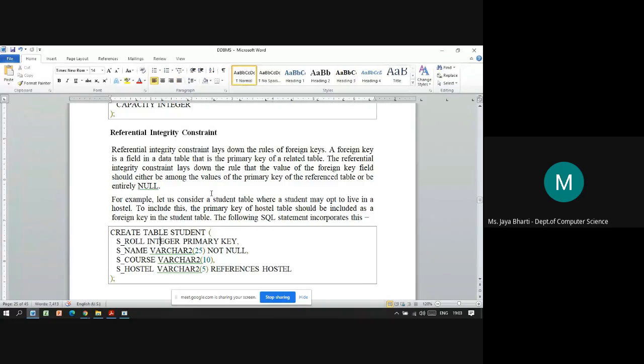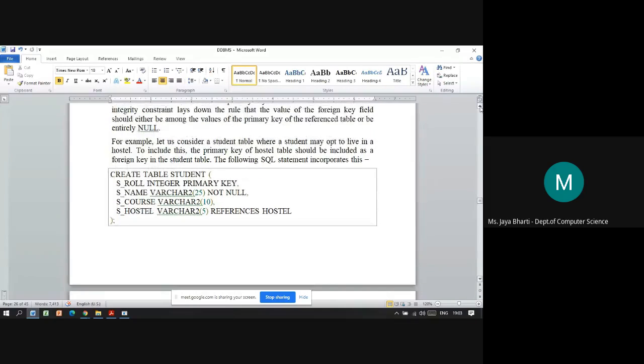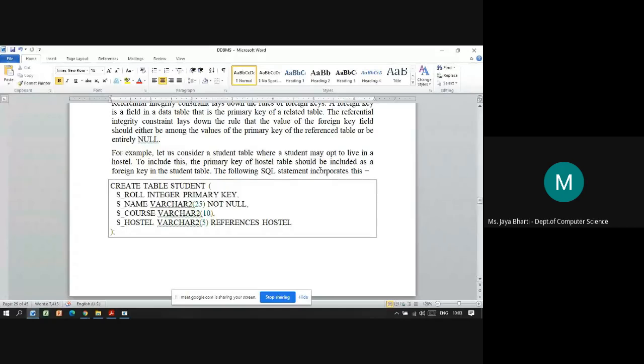See, basically the referential integrity constraint will check, whenever you are adding or deleting any record from the table, that all its dependent records which are connected are also updated accordingly. Means what?